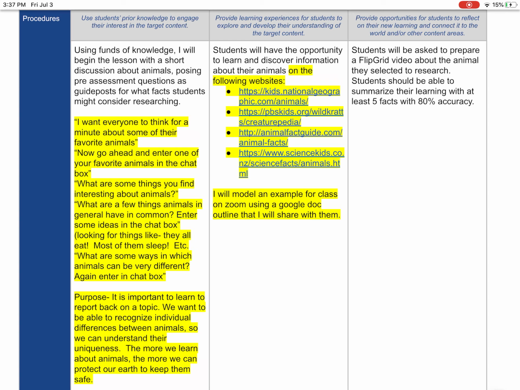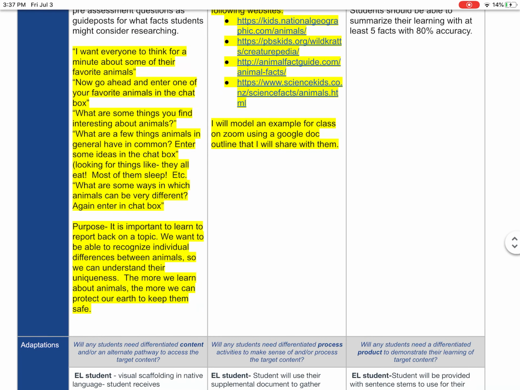And then I'll ask what are some ways in which animals can be very different. Those will be more like what they look like, where they live. They're furry, scaly. That'll give them a chance to get their wheels turning as far as similarities and differences